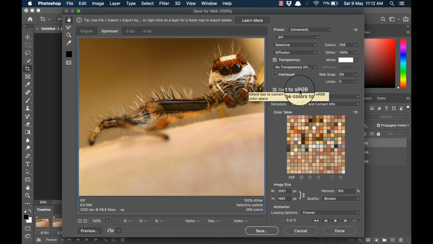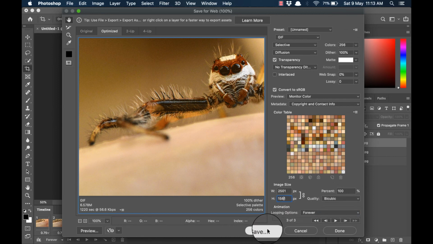Then going down all the way to image size, you can change it if you like. Then there are the looping options. Once means it plays once and stops. Forever means it keeps looping continuously. So once you have made your choice, all that is left is to save the GIF.